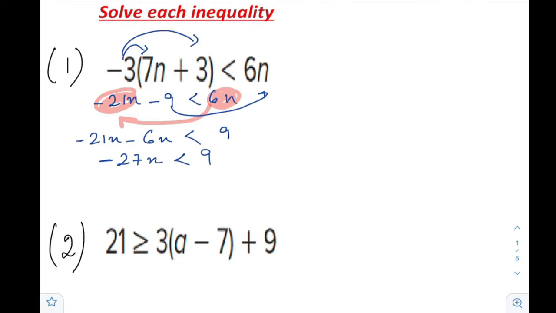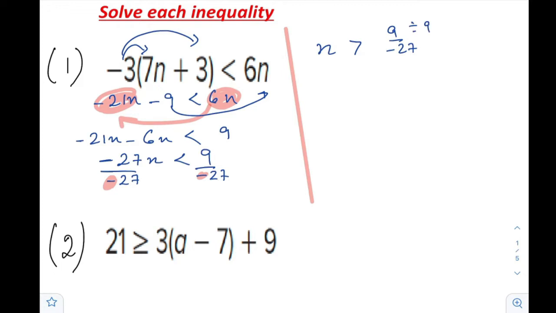And then we will divide by negative 27 both sides. When you divide by a negative number, remember, we need to switch the sign of the inequality. So this will be n more than negative 9 over negative 27. We can simplify. So it will be 1 over negative 3 or n more than negative